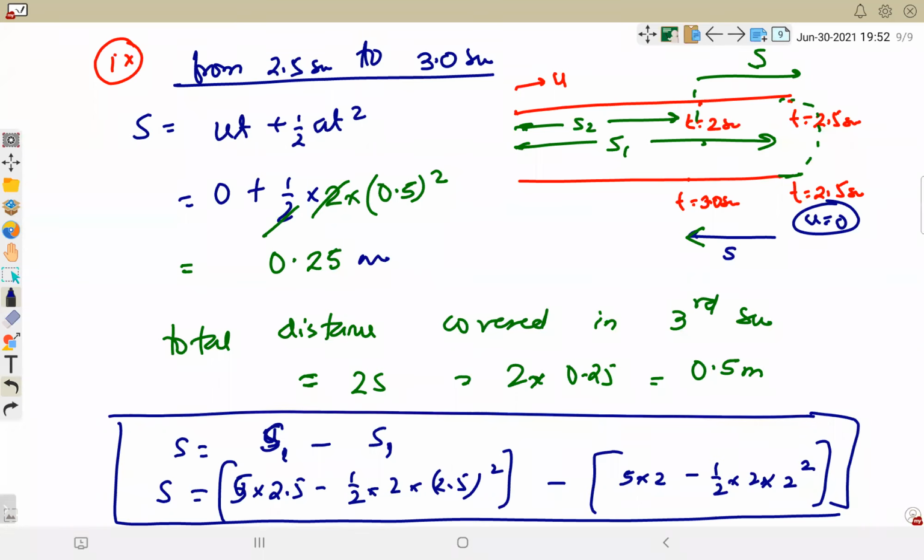Beta, did you understand the last logic, meaning why we use this method? Understood this? In the last third second, displacement is 0 because from where it started, it came back to the same position because of the change in direction. Calculating displacement will give 0. If you directly use the equation for the third second, it is coming out to be 0. For the distance, calculate 2.5 minus 2, or 3 and 2.5. I preferred 3 and 2.5 because for that journey, in the opposite direction, the initial velocity was 0. So that's why we start with only half at square.